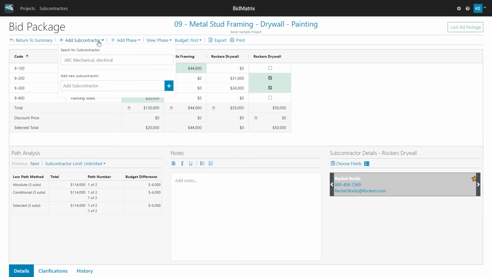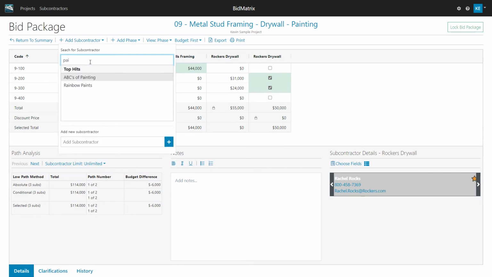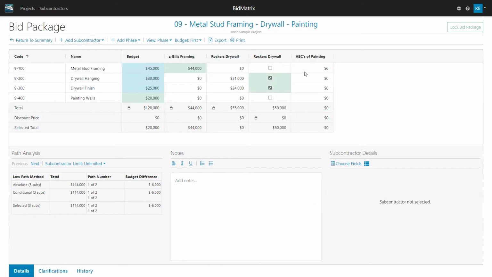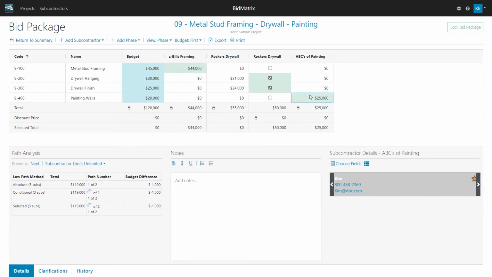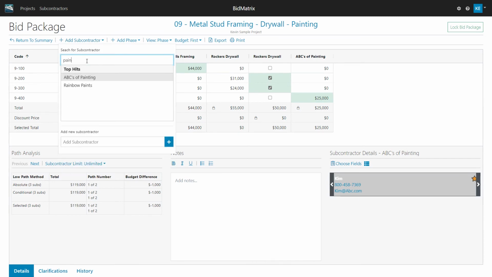So now let's go ahead and add somebody out here also for painting. Maybe I've got ABC Paint here. At this point, it doesn't matter what I put in for ABC Paint, it's going to get it because right now it's still using the budget number, but I'll say maybe they're giving me some sort of a number. This is how I can start to put in my different subs and vendors and the prices associated with them, and start analyzing different numbers. So here it's picked up my framing, my drywall with this lump sum bid of $50,000, and my painting contractor. Now let's say that I've got another painting contractor.